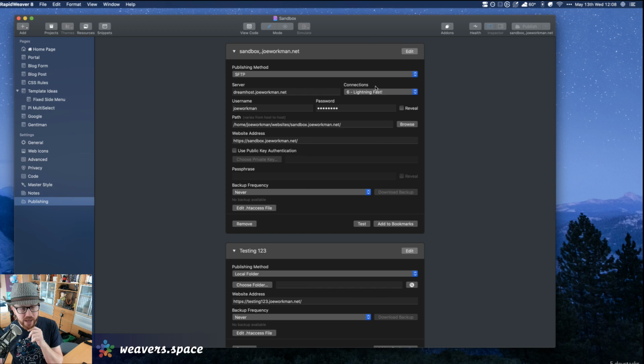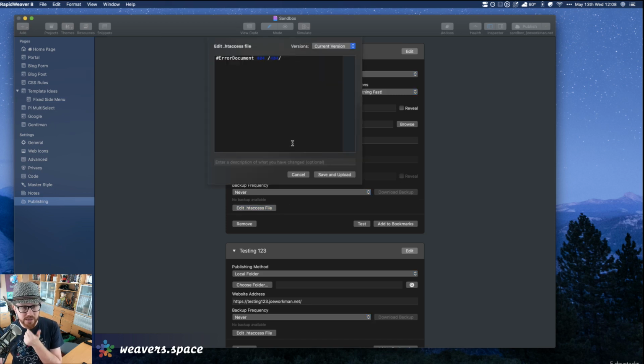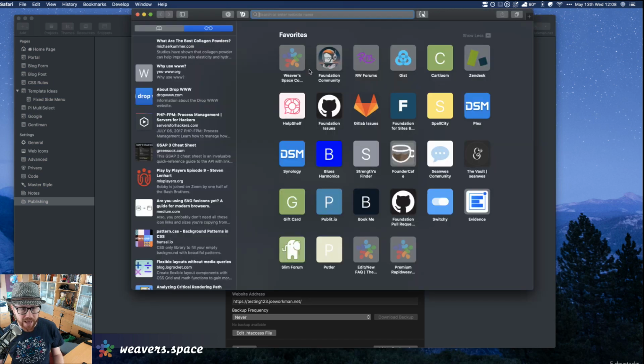Actually, in RapidWeaver 8, there was a cool new feature. It's inside your publishing settings, and you can say edit htaccess file. Okay, I'm going to click edit htaccess file. This is my test server, so I don't have much in there. Okay. And what we're going to do is let's go ahead and bring back oh